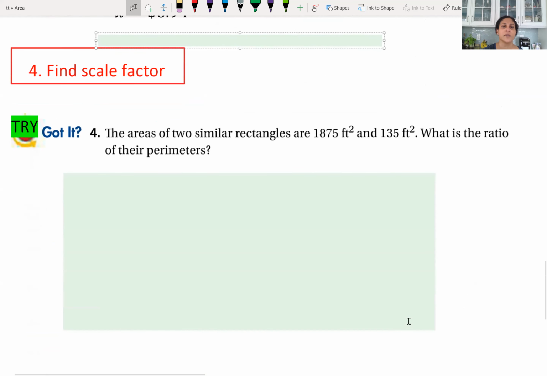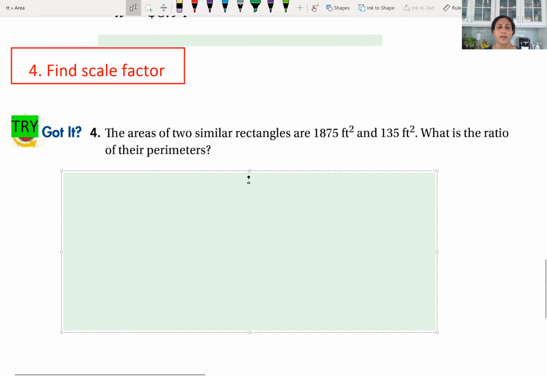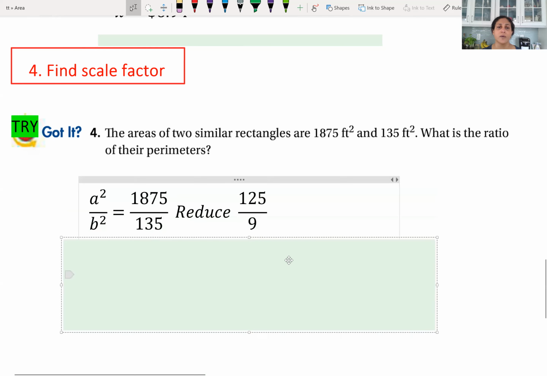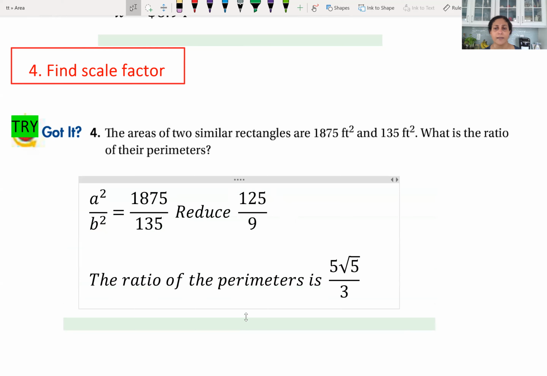Now here's something a little bit more advanced, but not difficult for you. The areas of two similar rectangles are given. What is the ratio of the perimeters? So this is where you have A squared and B squared given to you. So make sure you reduce it. Once you reduce it, you can see that the denominator is 3 squared, but the numerator is not a perfect square. So you're simply going to do the square root of 125 and leave your answer as a radical,